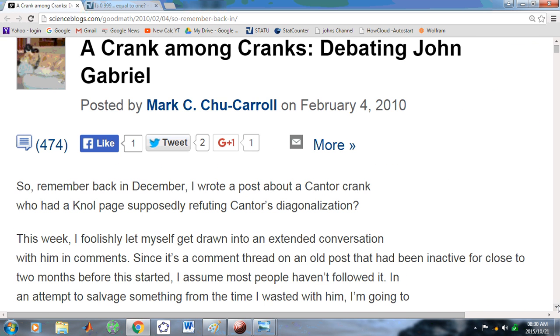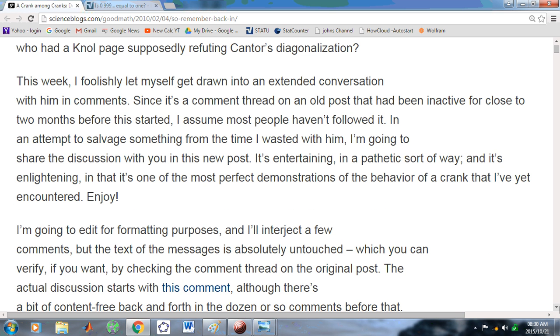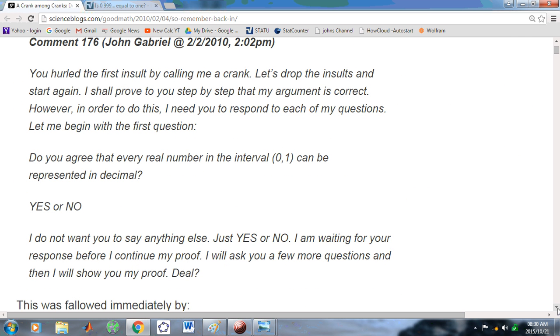He claims to be a computer scientist and has a PhD in computer science, which is quite remarkable because he knows very little about tree traversals. If you happen to read this particular discussion I had with him some years ago, you'll see that he's lacking in many respects. The only reason I engaged him is that he wrote a little blog on me,